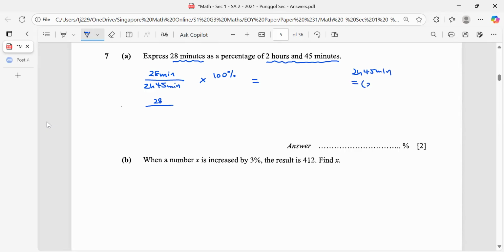So 2 hours will be 2 times 60 minutes. And we add another 45 minutes, giving us a total of 165 minutes. And you realize this is more effective for us to work out the percentage. Let's put our values into the calculator. And we will end up with